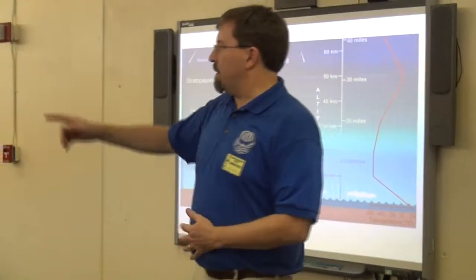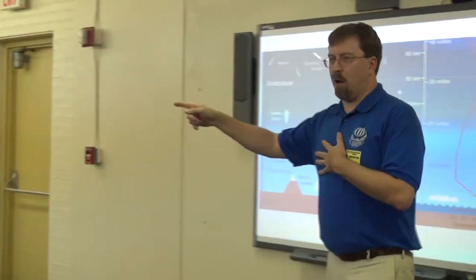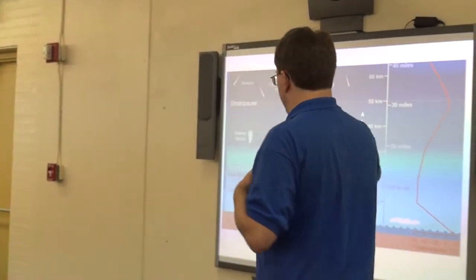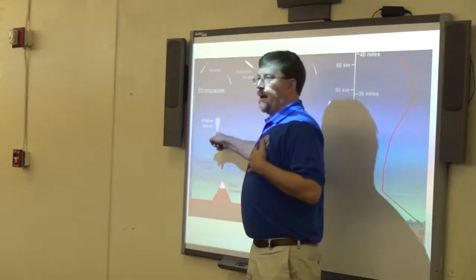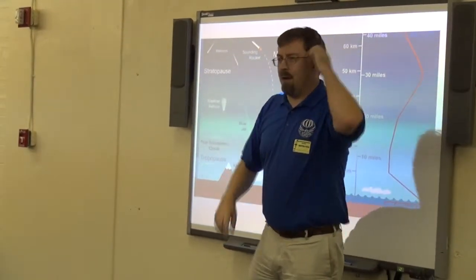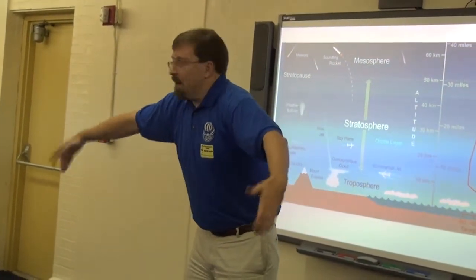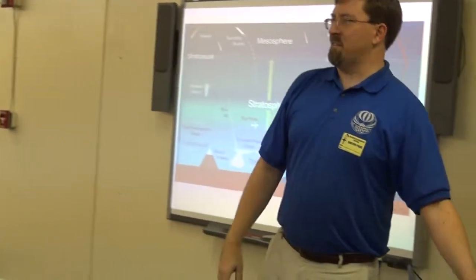Of course, one of the cool things would be, what if you took one of those rockets and put it on a balloon? That rocket's only going to go 300 feet, 500 feet on the ground here. What happens if you launch it up there? It's going to go much further because there's not that much air. But then you start getting into problems with those little fins not doing a thing. You're going to need fins this big on a rocket that size to keep it stable and going the right way. And we've got to work with the legal side of it too.